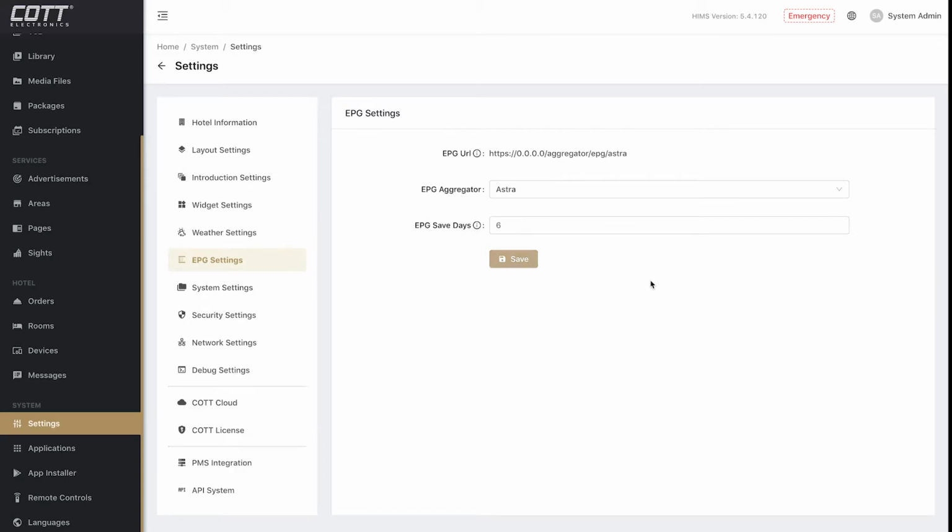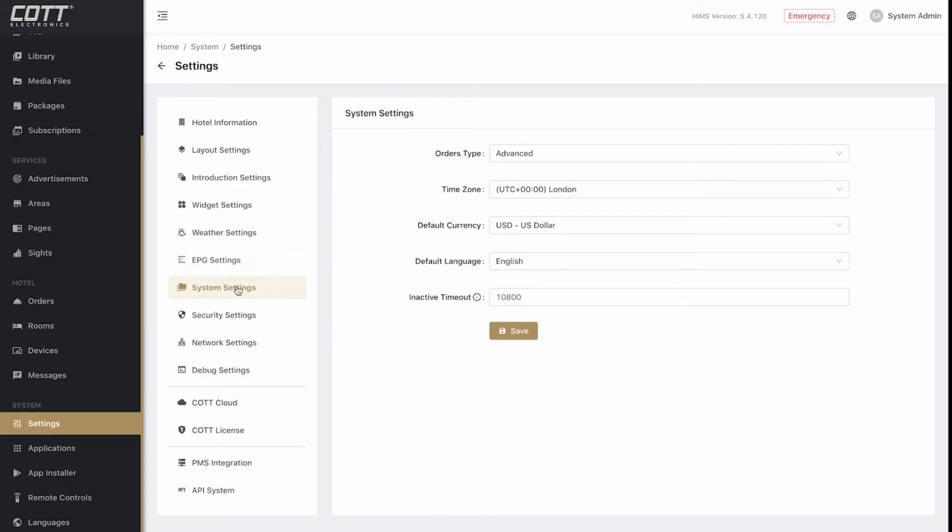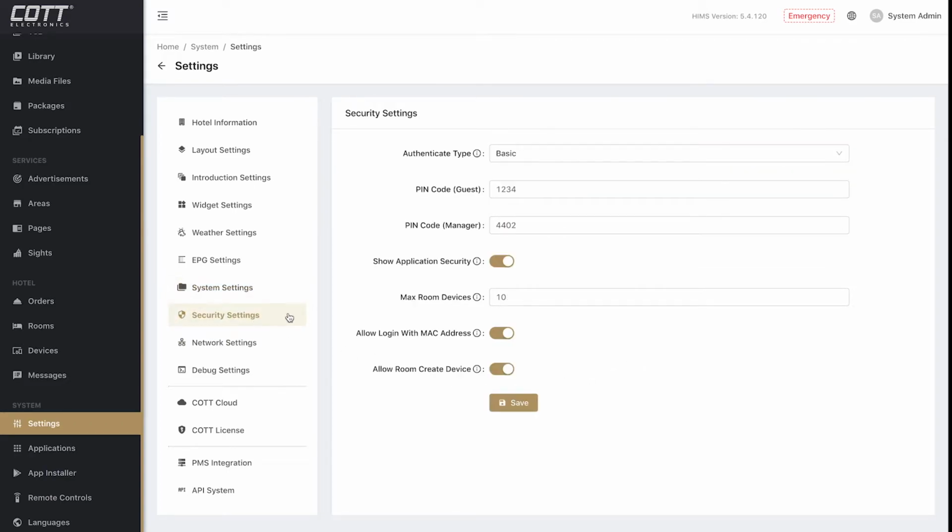The system settings are pretty straightforward with its options, but I'd like to specify what order type refers to in this particular case. Advanced means that you must manually check someone in and out, whereas simple usually means that the manual option is disabled. We are nearing the end, but there is still one big option that needs to be